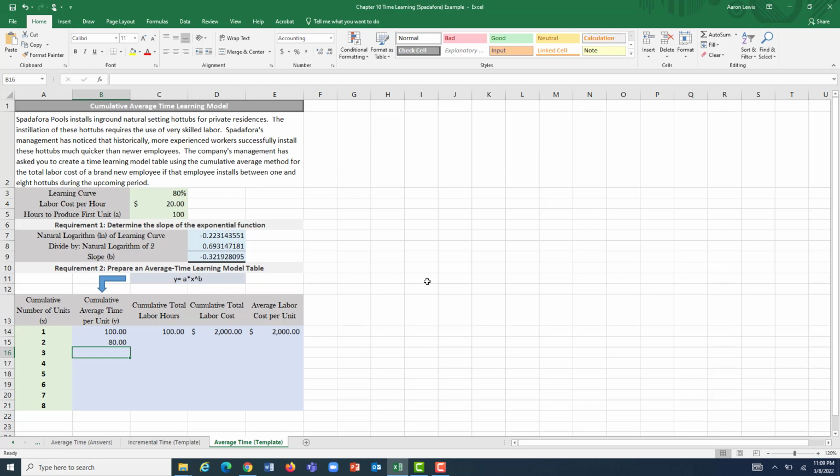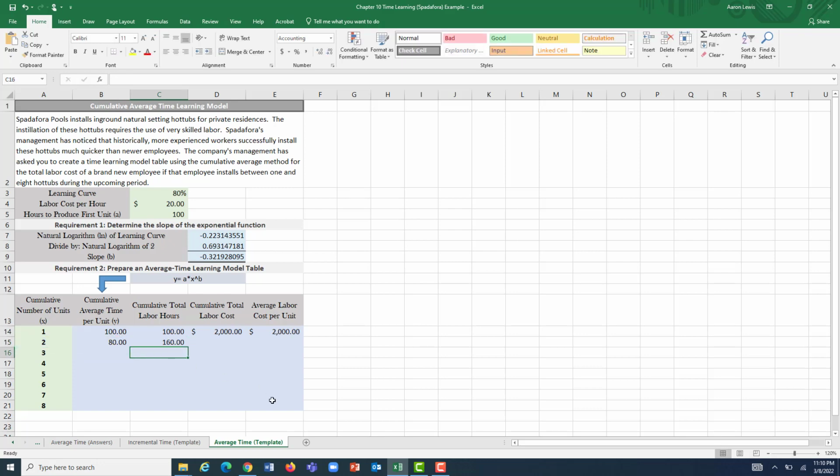Now we have the difference. What we're saying here is not that the last unit took 80% of the time that it did before production doubled. What we're saying here is that every time production doubles, the amount of time it takes to make any one given hot tub on average is going to drop by 80%. Well, if we're on our second installation and we need a number of cumulative hours that would make the average time to put in a hot tub 80, what would that have to be? Well, 2 times 80